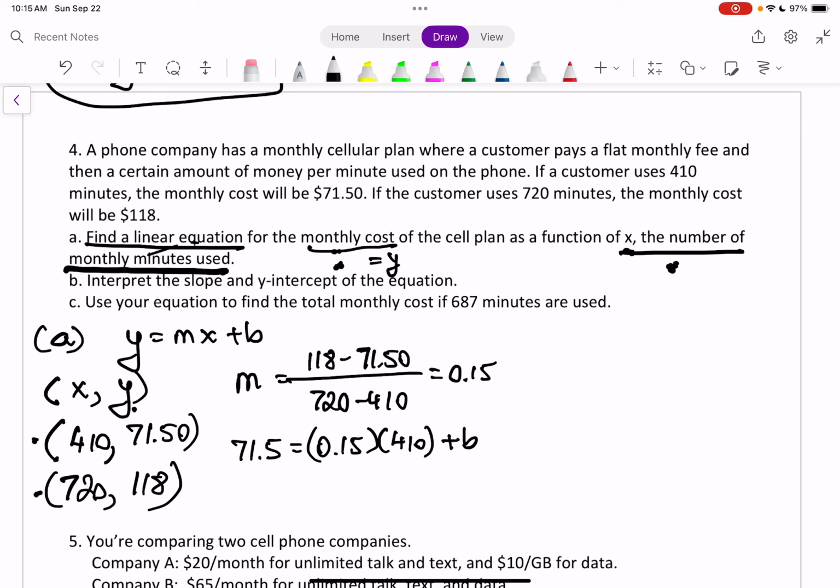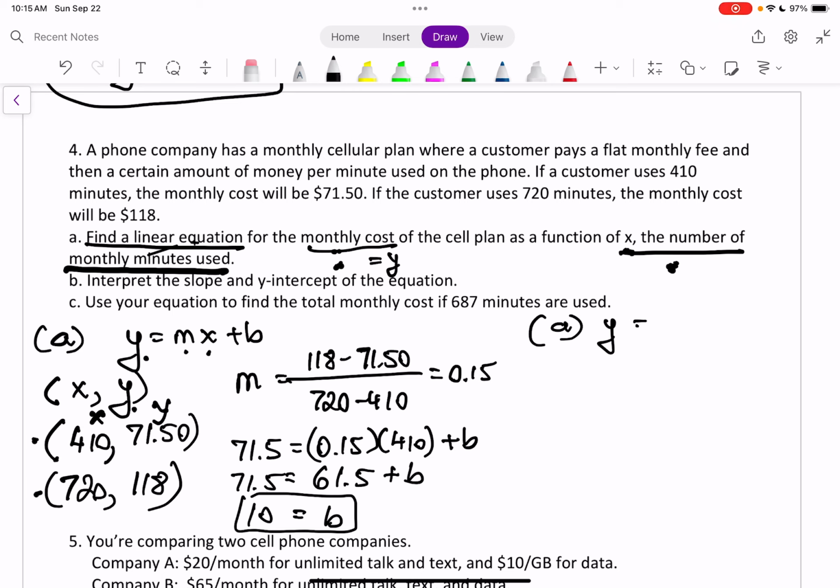Okay, so here's a y, here's an x, here is the m we found, and then we come up with b. So same thing, multiply the 0.15 to 410, subtract the 61.5 over, so you're going to get that b is 10. So here it is. My equation that describes this story is that y equals